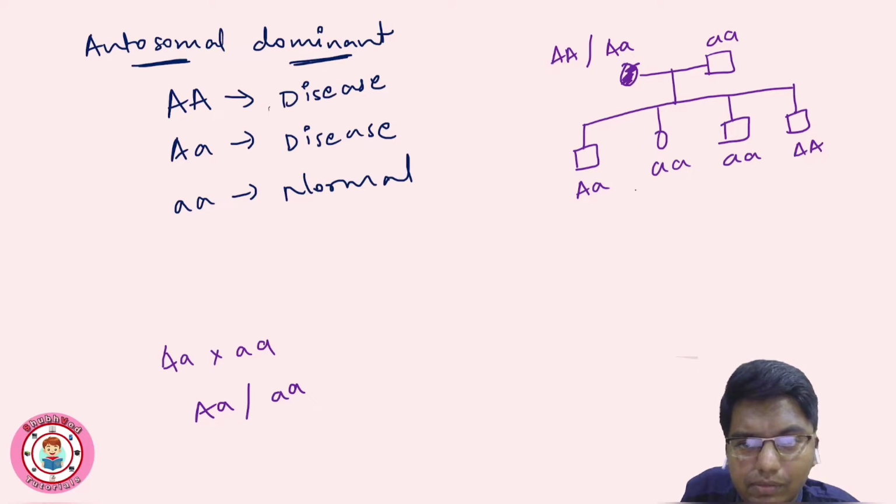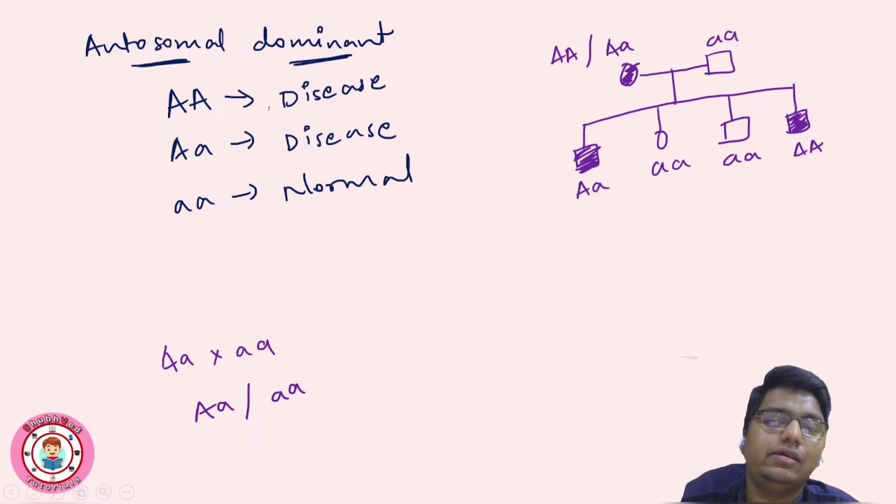So here from the progeny, this will be affected, right? If there is capital allele A, those will be affected here, right? Okay, then